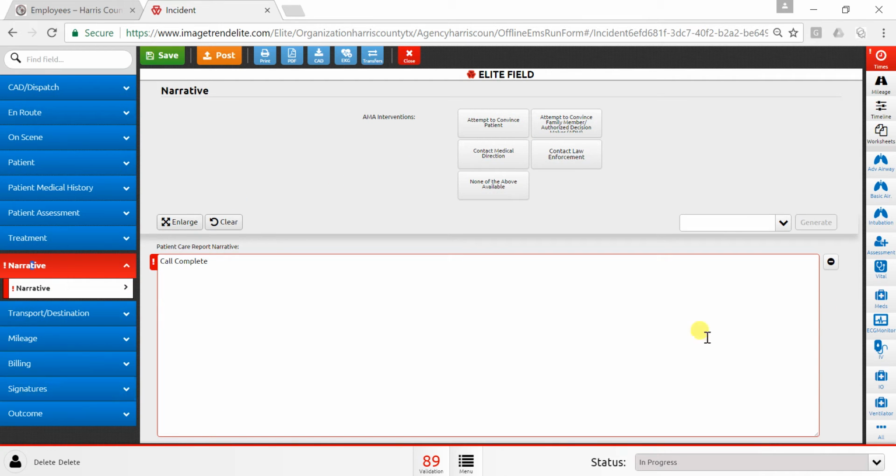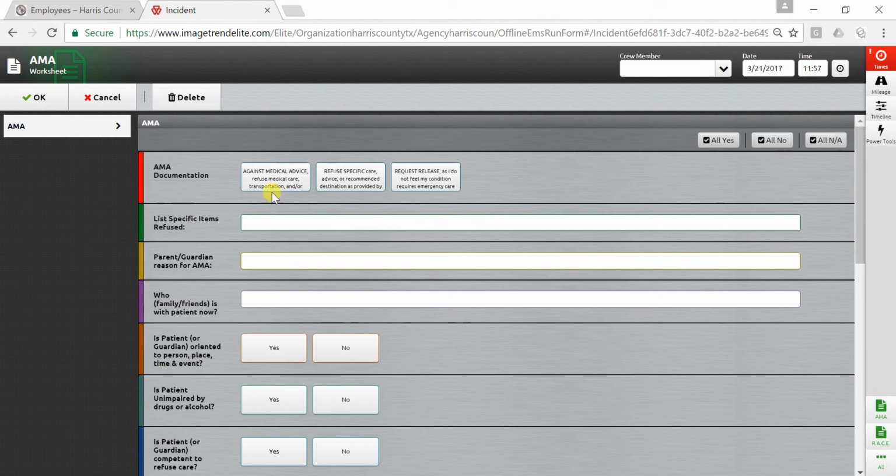If they did refuse something, you would come over to the right side to the worksheet. There's an AMA form, refusal of medical care, transportation, and/or. This is to refuse specific care, advice, or recommended destination. And this is a request to release, as I do not feel my condition requires emergency care. So this is a complete, you think that they need it, they say I don't need you, and that's what this would be. You can free text a list of specific items that they refuse,